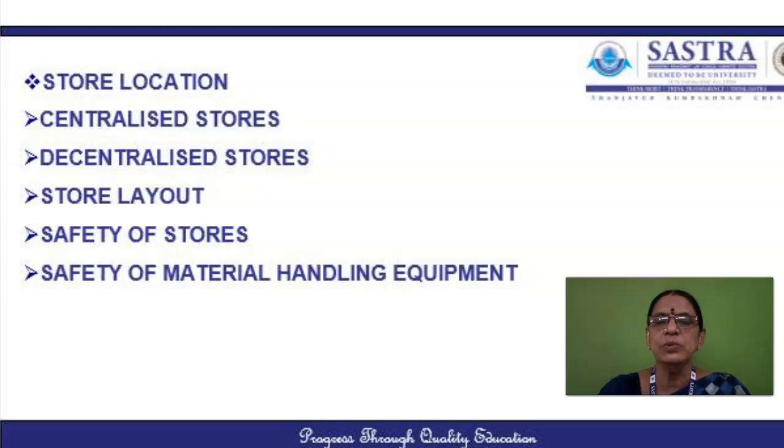Next we can pass on to the coding of the location. How to code the location. As the codification of the materials helps in identifying and describing the various items of materials, similarly location coding can also help in locating a specific item in a store's area. Location coding is especially desirable where a large number of items are stored in big godowns located at different places. So we have many locations of these stores. So in this case the coding is desirable.